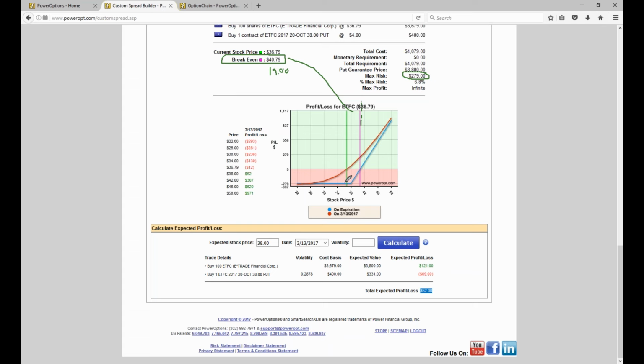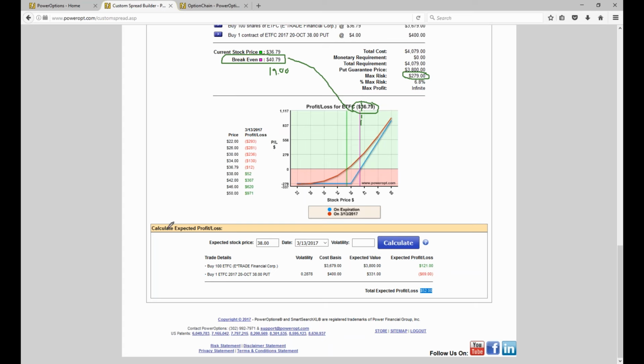Because if the stock doesn't do what I expect and meanders around $37 or so for the first 20 days, I'm not losing that much. We already saw that. I'd be losing about $1, 1 cent. Or if the stock went up to 37, I gained 21 cents on the stock. I'd only lose about 22 cents on the put for time decay. So I'm still at right around break even. And that's how we make money.